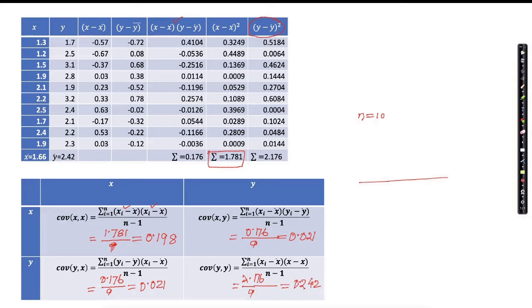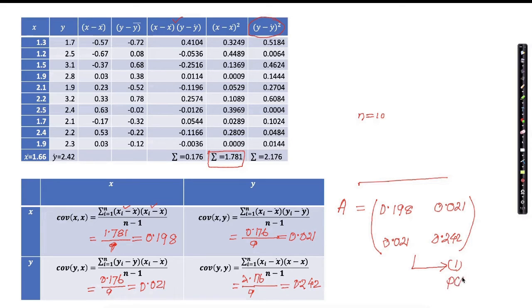Finally, the covariance matrix is given by 0.198, 0.021, 0.021, 0.242. Let us assume that this covariance matrix is denoted by A. This is the first step for